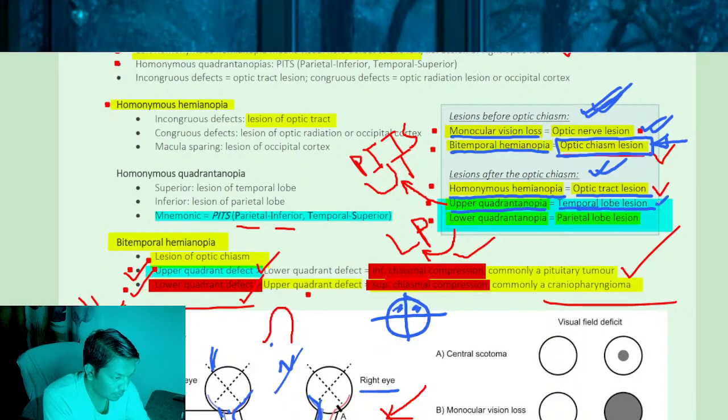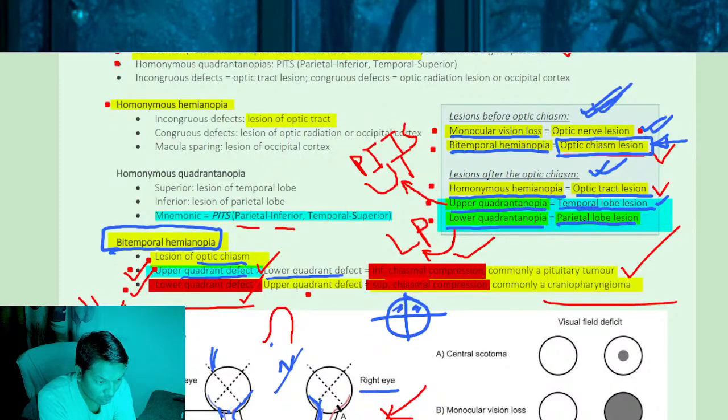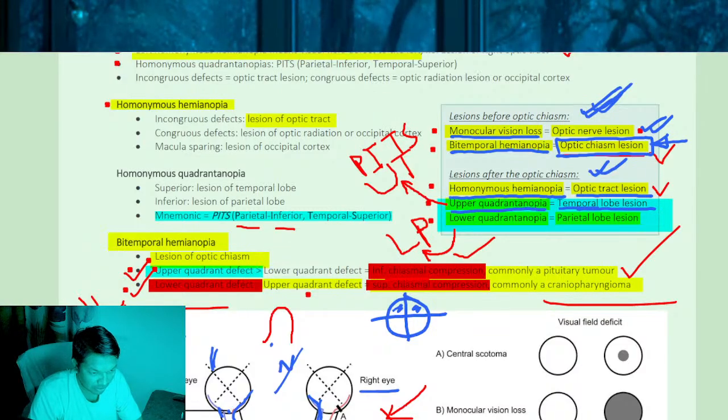Temporal lobe lesion gives upper quadrantanopia, and parietal lobe lesion gives lower quadrantanopia, inferior contralateral quadrantanopia. Bitemporal hemianopia, here we have this expansion, is a lesion of the optic chiasma. If the upper quadrant defect is more than the lower quadrant,